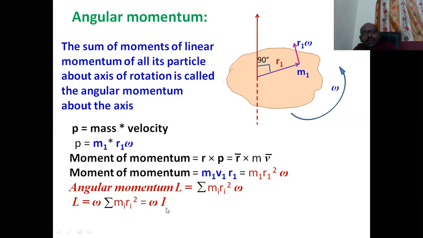So it is the equation for angular momentum of a rotating rigid body. That is the mathematical equation, L is equal to I omega. In analogy, the linear momentum is equal to mass into velocity. Similarly, linear velocity is replaced by angular velocity, and mass is replaced by moment of inertia. So mass is the inertial quantity for linear motion. Similarly, I is the inertial quantity for rotational motion.